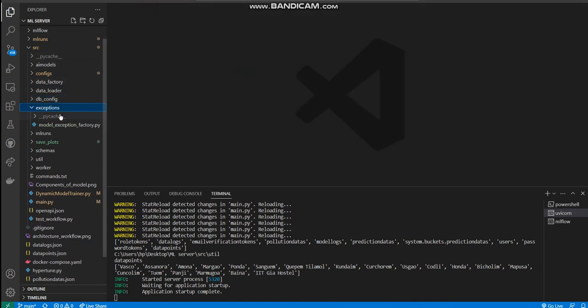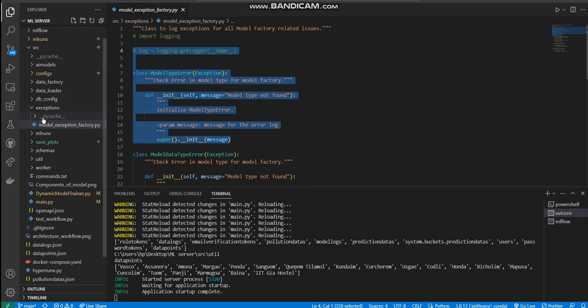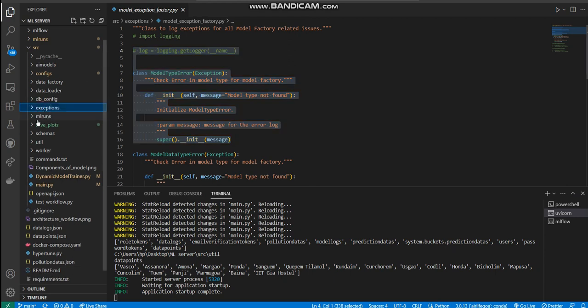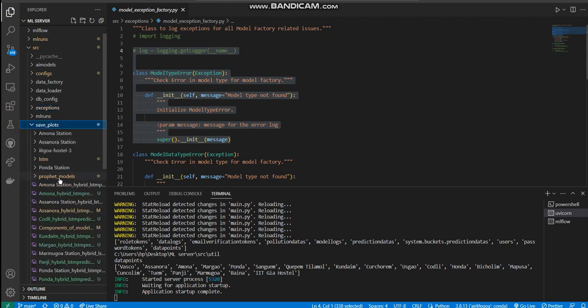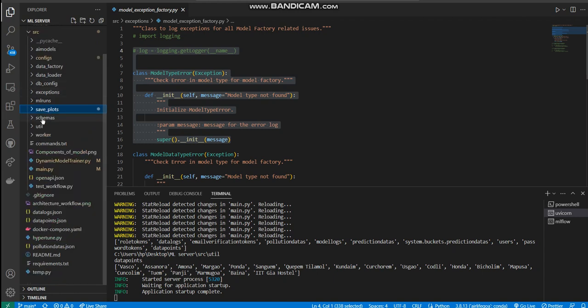The exception folder contains some basic exceptions, and when an error occurs we return these exceptions. That's about the exception folder. And the mlruns folder is created by MLflow automatically for storing the runs, as I said. The save plots folder contains the plots, like training plots or testing plots, which are saved by the model. And schemas, since we are using MongoDB, there is no